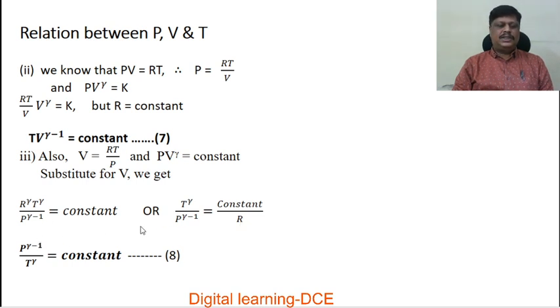So from this equation we can write P to the power of gamma minus 1 over T to the power of gamma is equal to constant. Once again, P to the power of gamma minus 1 over T to the power of gamma is equal to constant is another equation for